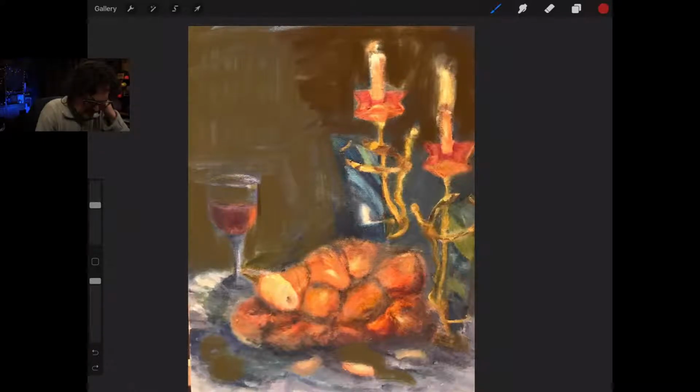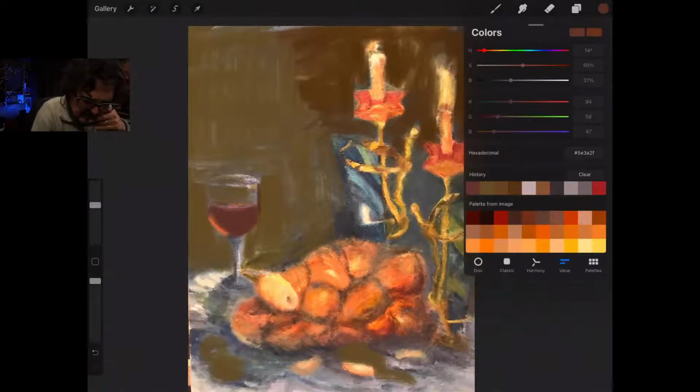And if the light is coming this way, which the highlights are telling me it is, what will happen is this will happen on this side of the glass, because of transparency. And then the top of that will be a bit lighter, cooler.